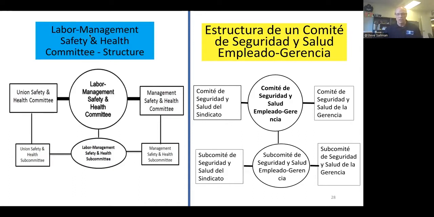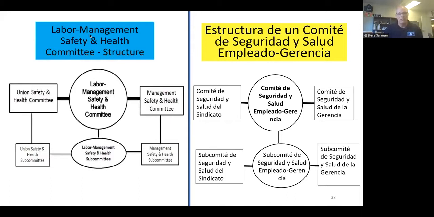And in that structure, the union selects its own people. That could be through a vote, or people volunteering to the union, not to management. They come forward and the union selects its representatives. That would be people who represent the major departments and the shifts, making sure you're including places like a warehouse and a maintenance department, so that we don't lose any of those people in the identity. So, does it represent the major departments and shifts?